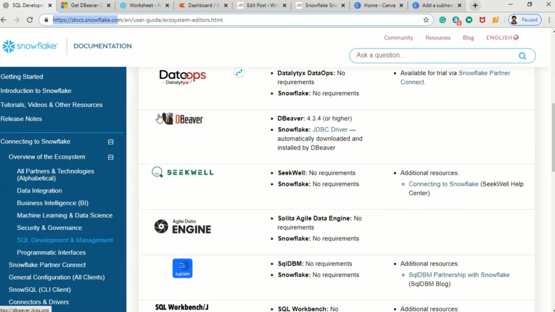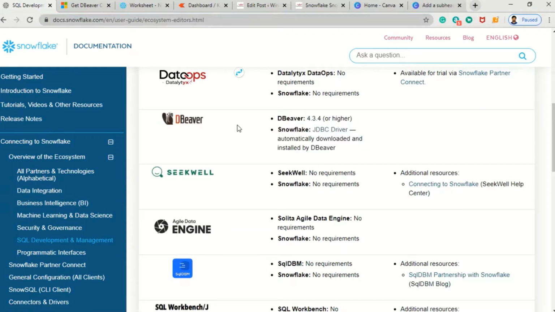If you see in the documentation, they are saying DBeaver should be version 4 or more, and it needs a JDBC driver to connect to the Snowflake database. And they clearly mentioned this point: automatically downloaded and installed by DBeaver.